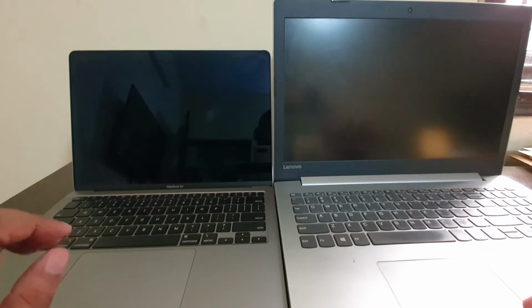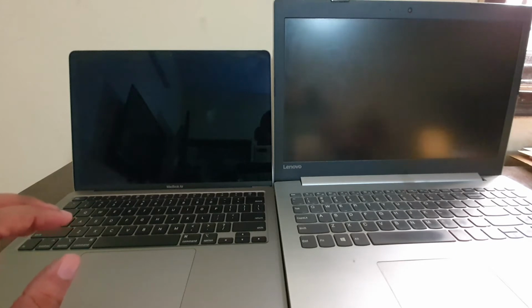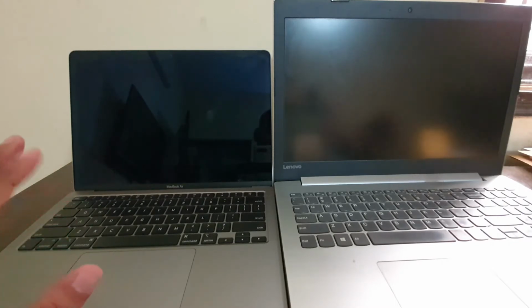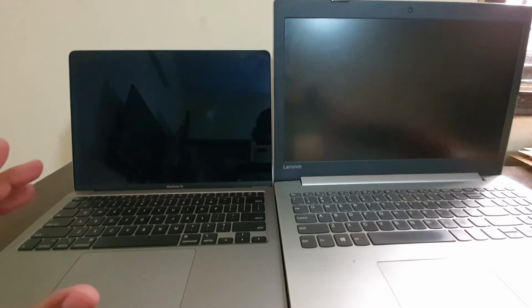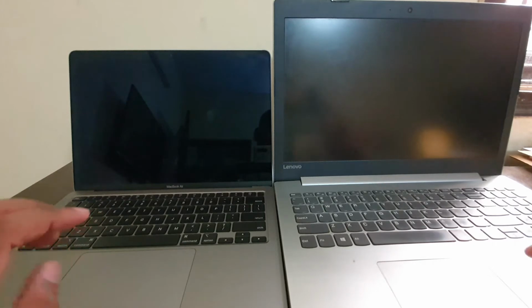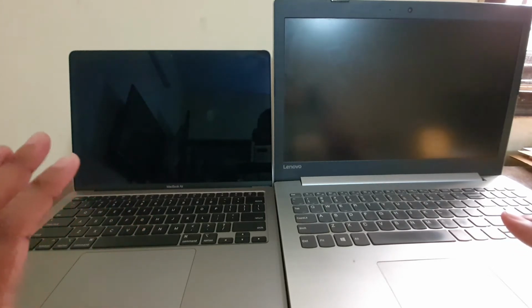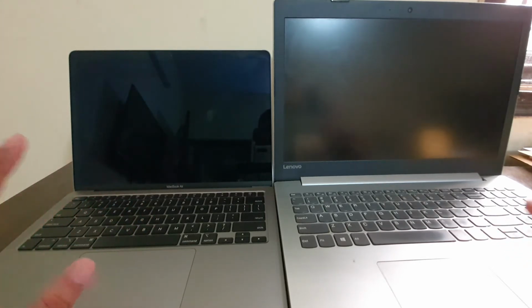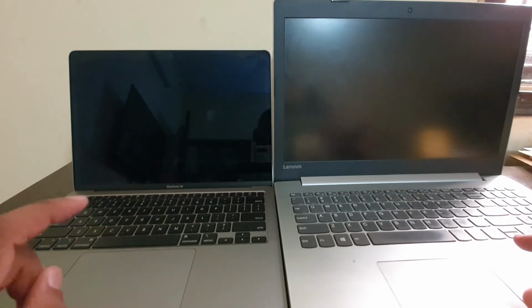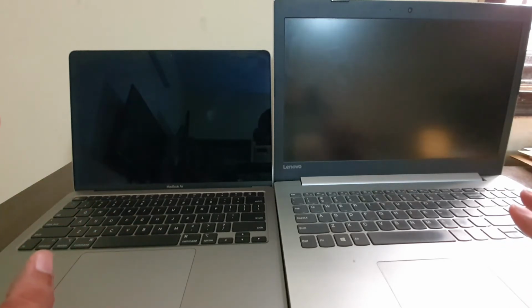Recently I have replaced the hard disk drive with a 128 GB SSD, but that hard disk drive has been made the secondary one, fitted in a case in place of the CD drive, which has been removed. Both are running almost similarly. Basic apps are installed, since I have a basic work of MS Word. In this MacBook I have installed LibreOffice, and this is running the 2016 version of Word.